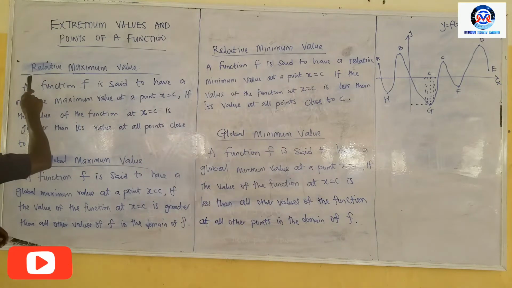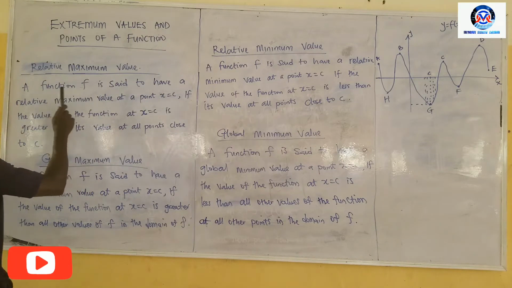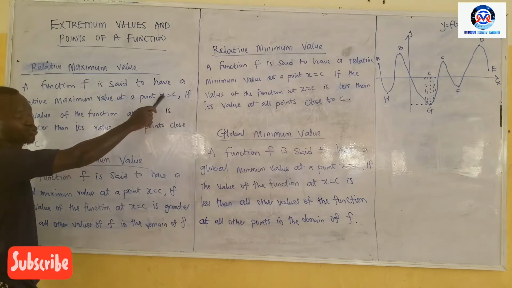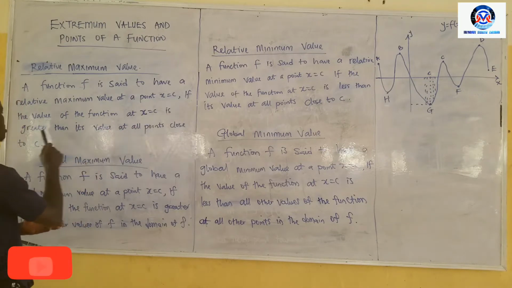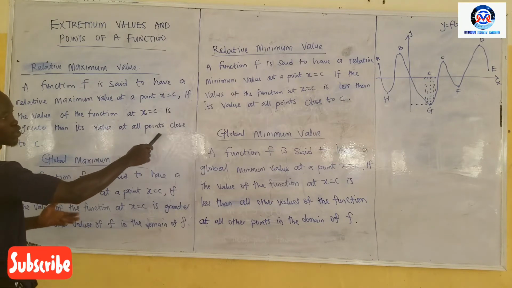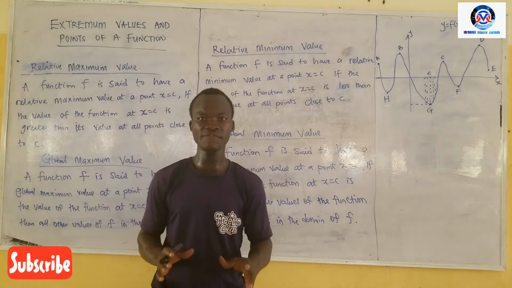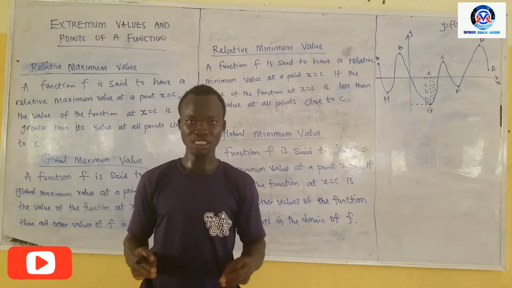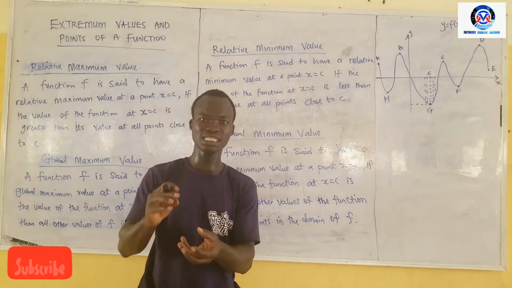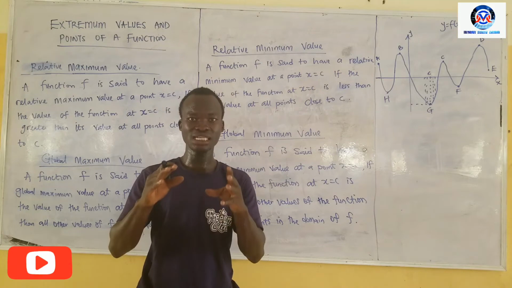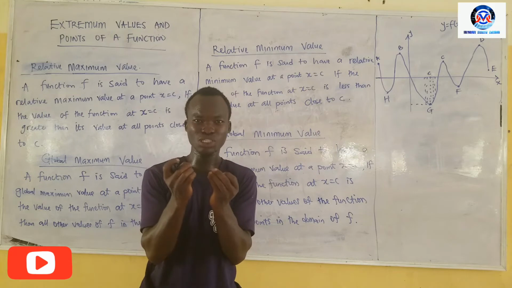Now we are talking about the relative maximum value. A function f is said to have a relative maximum value at point x equals c if the value of the function at x equals c is greater than its value at all points close to c. That is, if the evaluation of the function at c is greater than the evaluation of the function at every point closer to c,